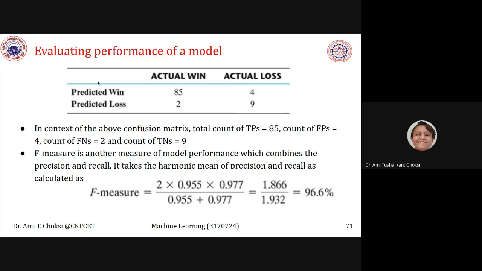And in this table where we are saying predicted win, predicted loss, actual win, actual loss, or for any other example like the cancer example, where we have predicted cancer and actual cancer, predicted cancer and actual not cancer. Something like that is given in the table. That table is called the confusion matrix. That was the recall of the last lecture.